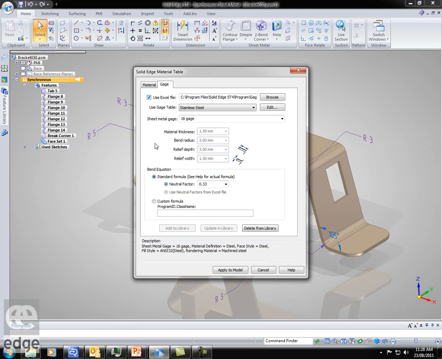We now have an Excel file, and if I pick up, just say steel, and let's say 12 gauge, you'll notice it automatically picks up the thickness, bend radius, etc. These are grayed out also. So if I pick up 20 gauge, what's it do? It changes those as well. So let's go back to my 16 gauge